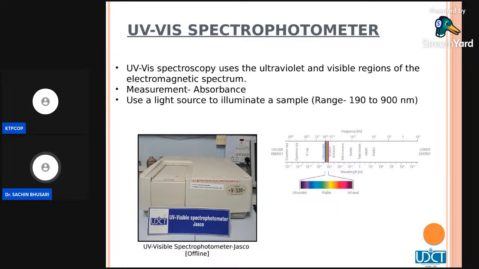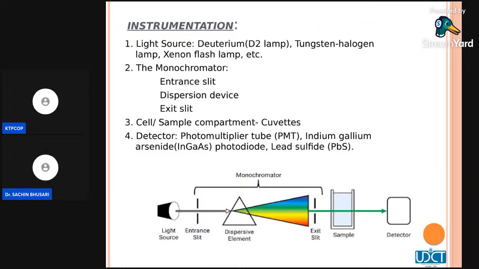Now, similarly for UV visible, I'm pretty sure that UV visible spectrophotometers are well known to pharma academics as well as the industries. Industry nowadays, no one is using UV, but academicians like us, yes, we are relying upon the UV. So we know the working range is 190 to 900 nanometers, and it gives you the absorbance. Pi electrons, double bonds, triple bonds, trienes, and dyes can be easily quantified by using this technology. The offline UV visible spectrophotometer will look like the previous slides, which give you the idea about the offline instrumentation. This is something like the instrumentation.